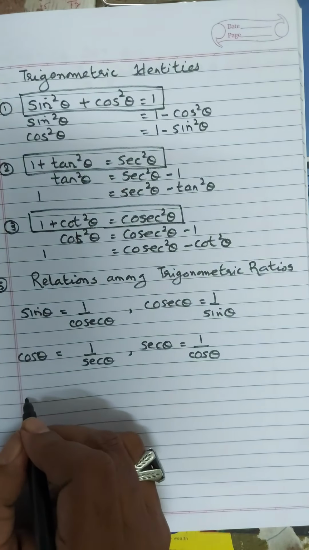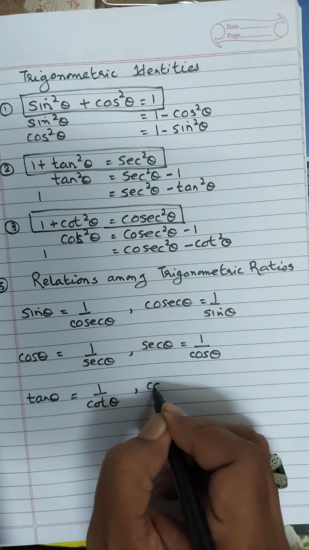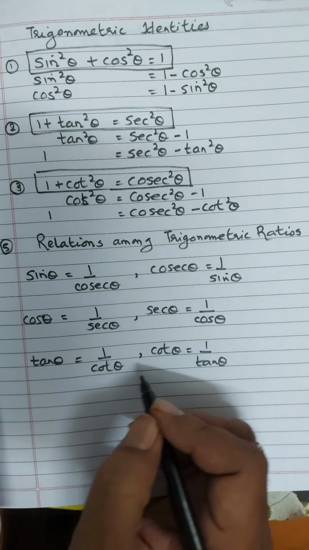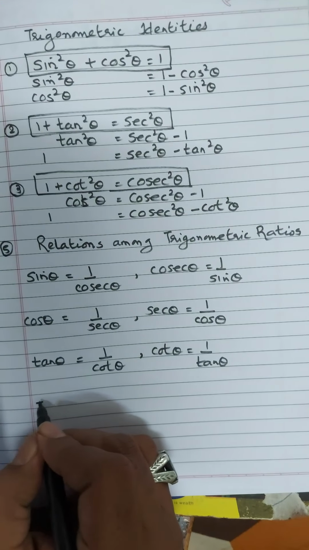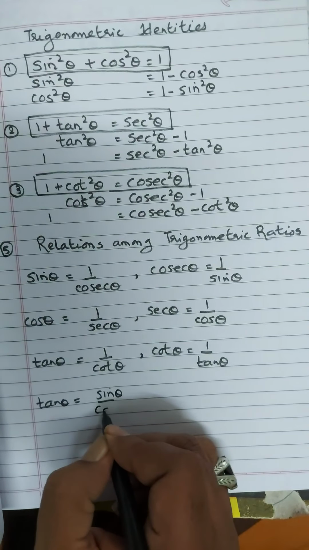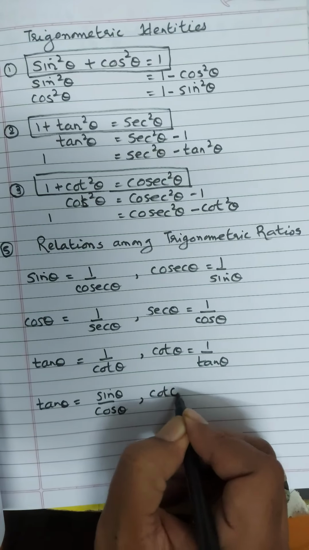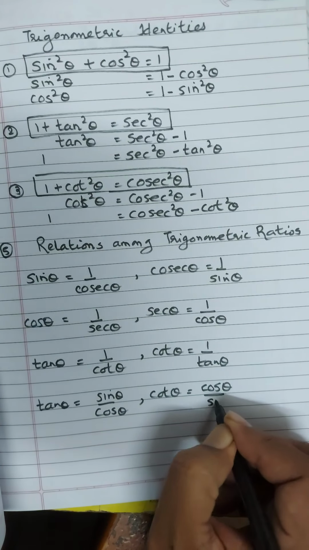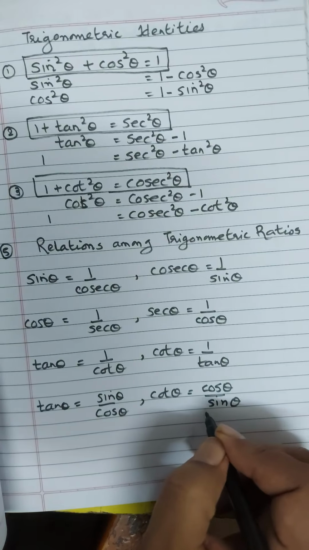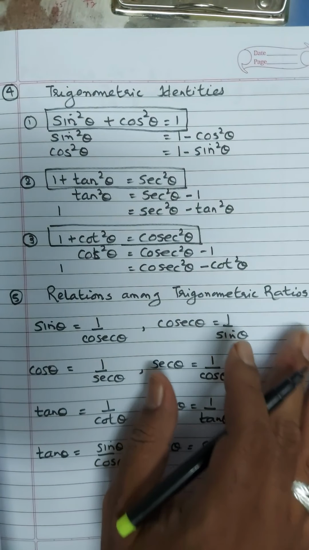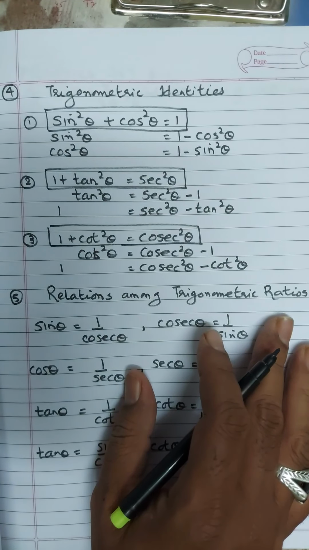Okay. Then tan theta. Tan theta is the relation of cot theta. So, we need to write down 1 upon cot theta. Then cot theta will be 1 upon tan theta, the reciprocal. Now, for tan theta, one more relation is there, that is tan theta equals sin theta upon cos theta, which we have learned already. Then cot theta is the reciprocal, cos theta upon sin theta. Okay, so this we need to understand carefully. All the 5 points play an important role in order to score good marks in the trigonometry chapter.